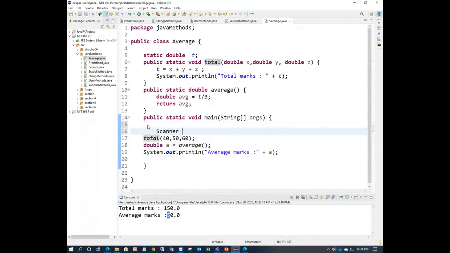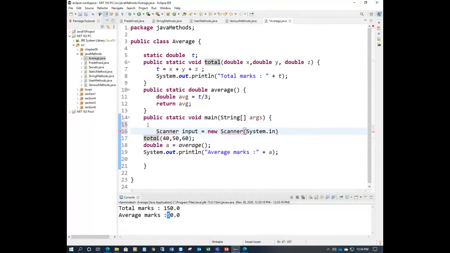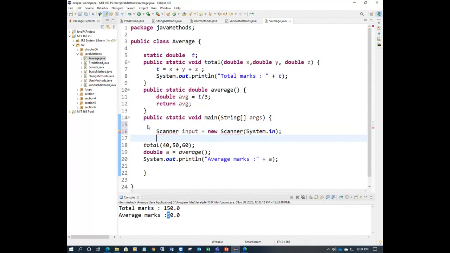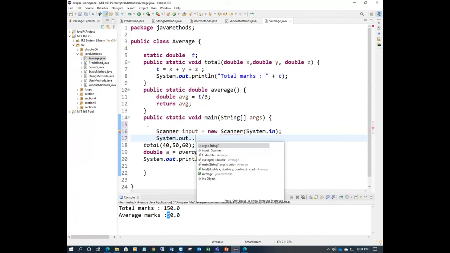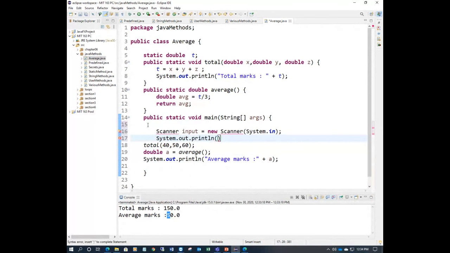So how to use scanner? You have to write Scanner input equal to new Scanner, using it inside the method, System dot in. Right? Here you write System dot out dot print, enter 3 course marks.